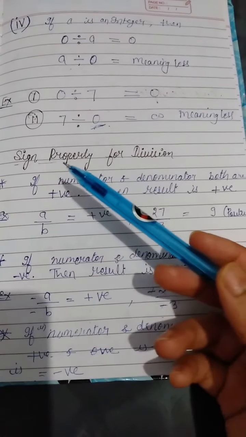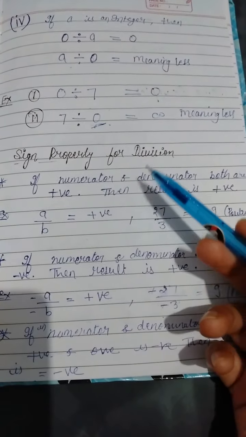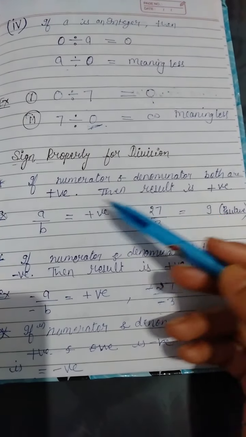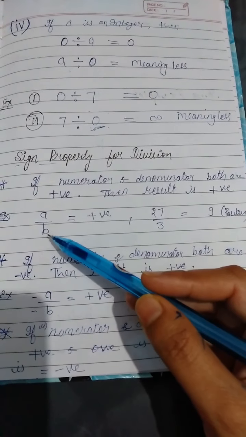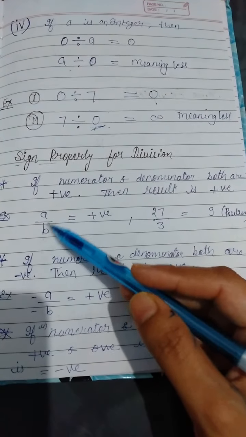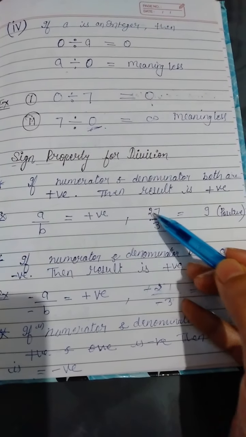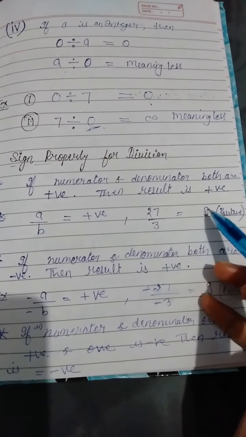Now some properties related to sign. What should be the sign in division? If the numerator and denominator are both positive, then the result will be positive. Like a divided by b, where a and b are both positive, the result is positive. Like 27 is positive and 3 is also positive, the result is 9, and this is also positive because both